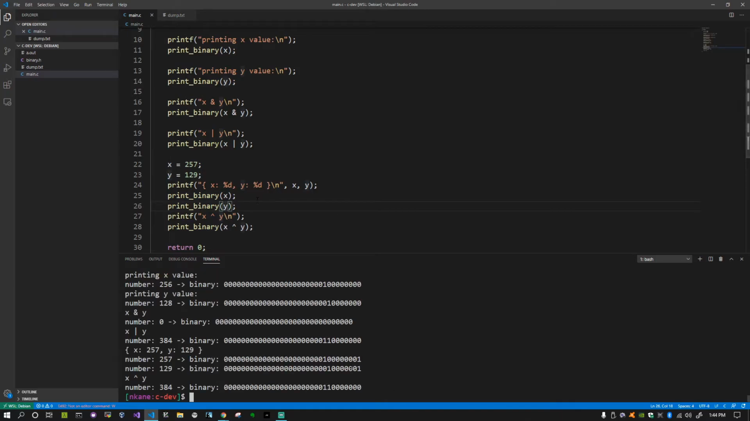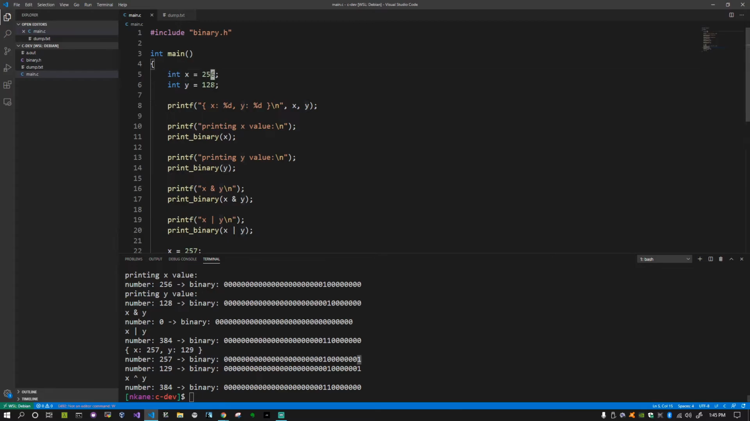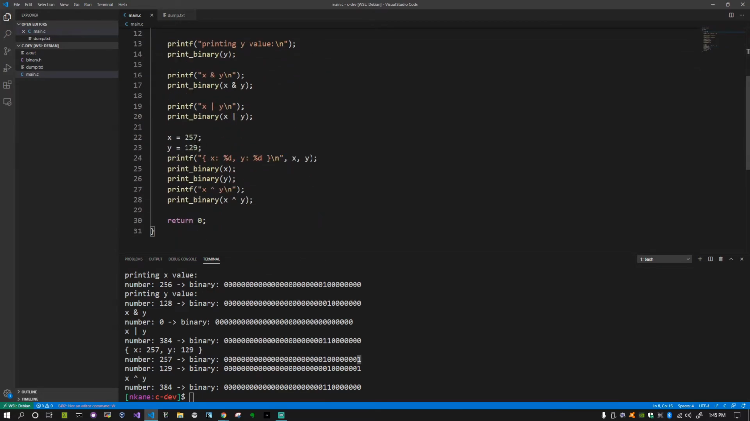Run. Okay, so now what I wanted to show you was the binary for these two results, and you can see we just added 1 to each of these values from our initial value. So we had 256, 128, now we have 257, 129, and all that did was just add a 1 in this position. So when we XORed those, you can see it's an exclusive OR,